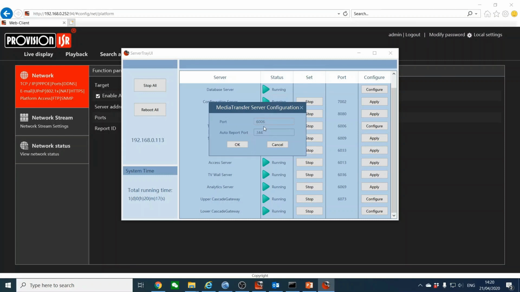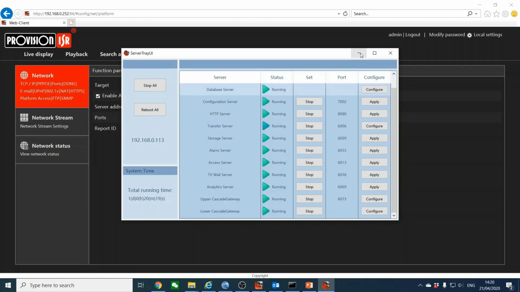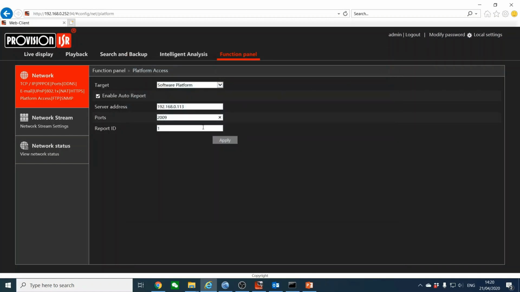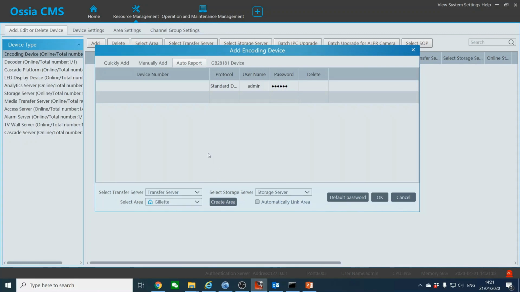Of course we can change it, but not in this case. So next thing is just to choose what report ID this device is going to have. Of course we cannot have more than one device under the same report ID. So this one will be report ID 1, and we'll press apply, and we're gonna go back into our CMS